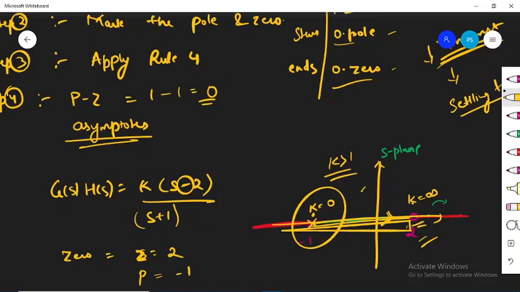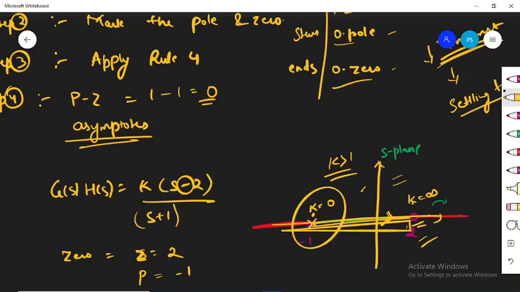That becomes very important. The location of poles and zeros becomes very crucial, because in the earlier example, the system was becoming more stable as you were increasing the value of k, whereas here you can see that the opposite is true. So you cannot blindly comment on the value of k or on the addition of a pole and zero. You always have to look at the particular example. You have to draw that particular root locus diagram, and then you can see what is happening over here.